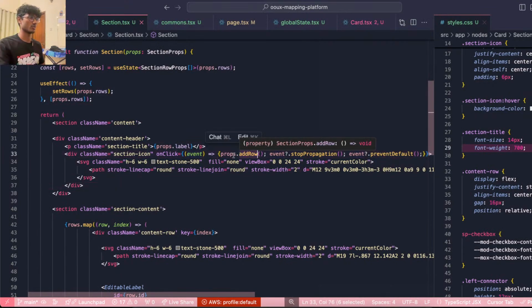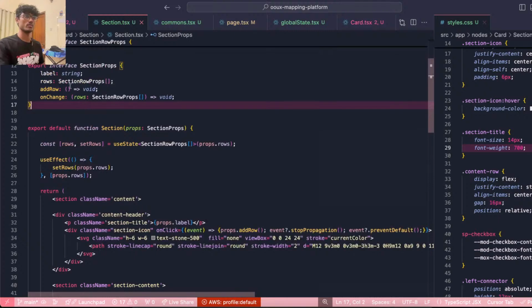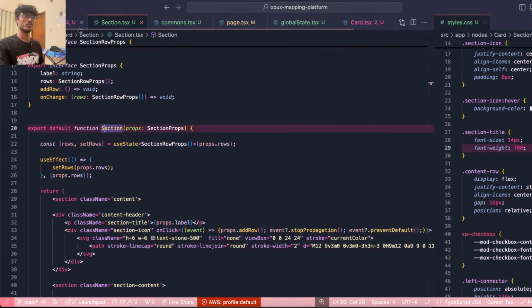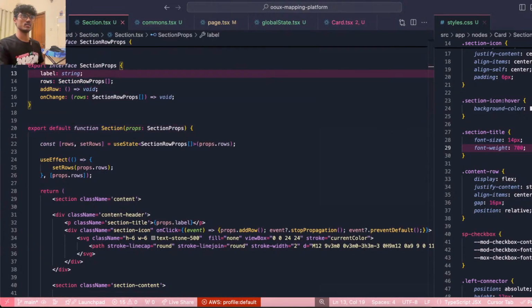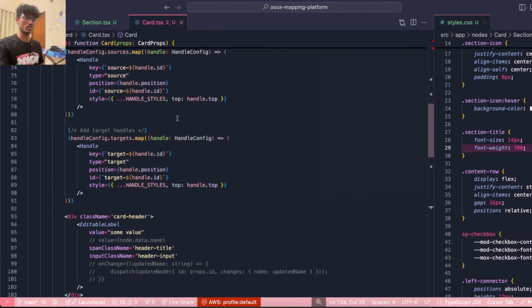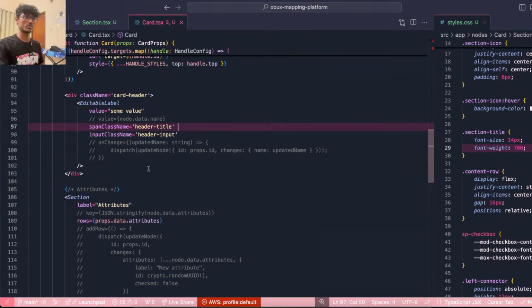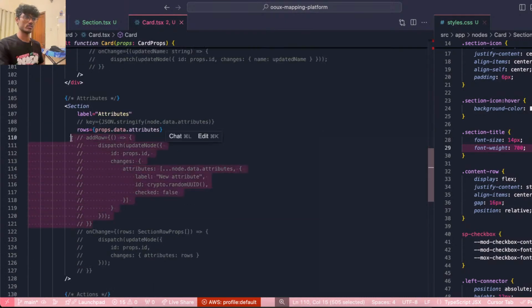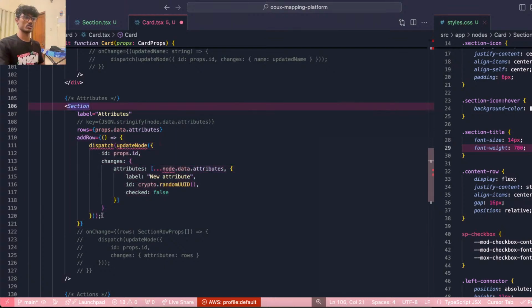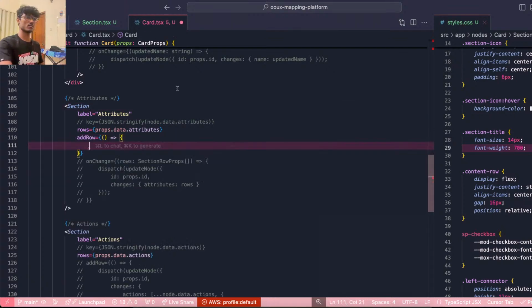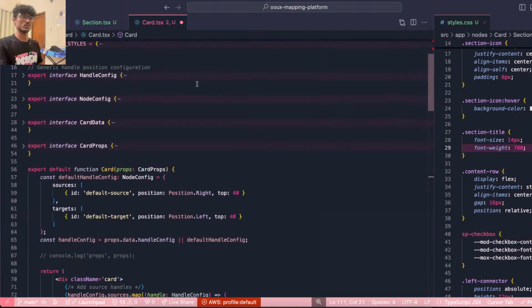On click props.addRow, we have an addRow function in the props. So that basically means if I go to something like a card where I have the props, I should give an addRow function, and this addRow function, instead of dispatching stuff, it would literally